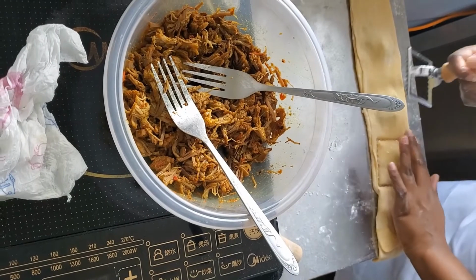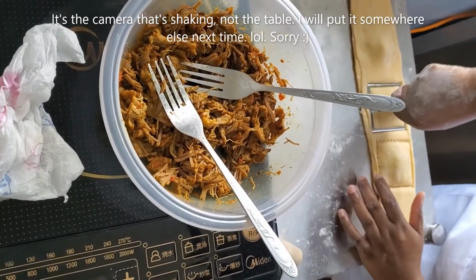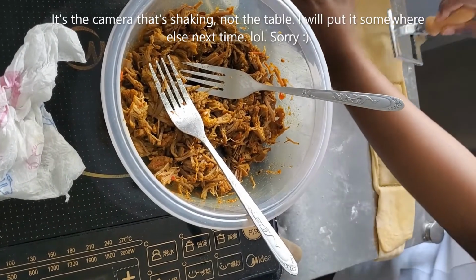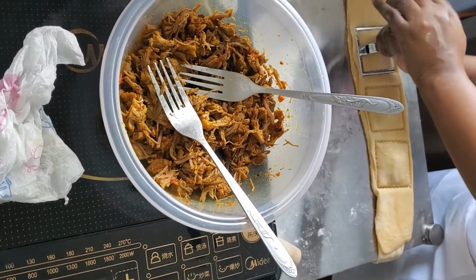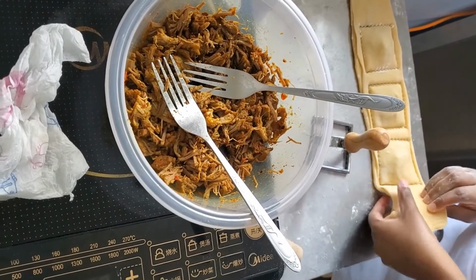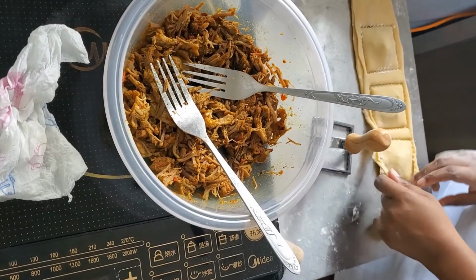Alright, so that one will be out. Let's see. Alright. Good, I need more flour. Anytime it starts to stick like that, just put more flour on. Right. Alright, let me see if I can lift it off now without breaking them. Alright, perfect. So I have 3